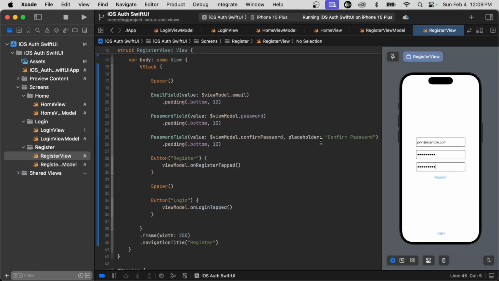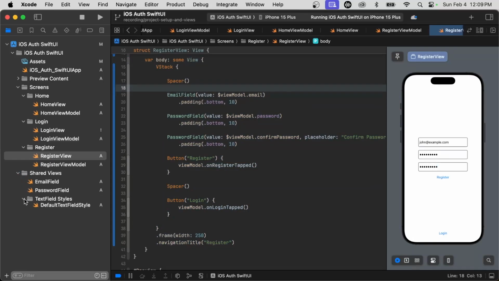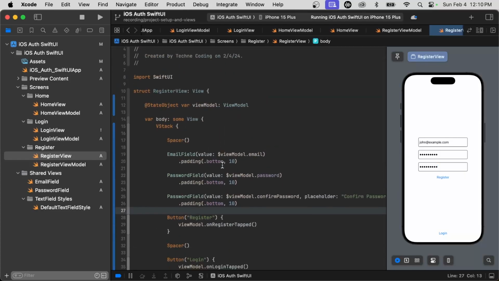Cool. So that's all the time I have today, but basically what we did as an overview is we created the SwiftUI version of the project. We created some shared views here. Also created the style that we're going to be using for every single field. And then we just banged out each view and the view model, and we've got a basic app ready to go. In the next video, we're going to set up the coordinator pattern, and it's not going to take that long. We might even actually finish this tomorrow, in the next video,